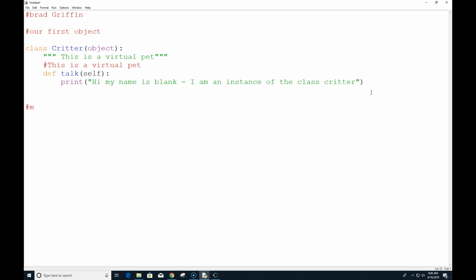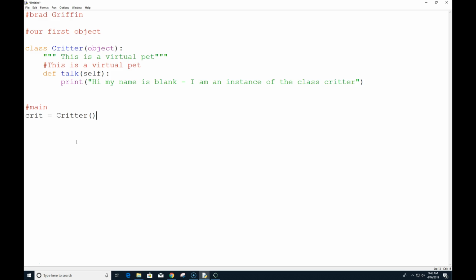here we have our main, and much like everything we do at this point, we're going to have our main in a block of code. Notice we don't have any randoms or anything else. We're just doing a very basic program here. We're going to say crit is assigned the value of Critter.